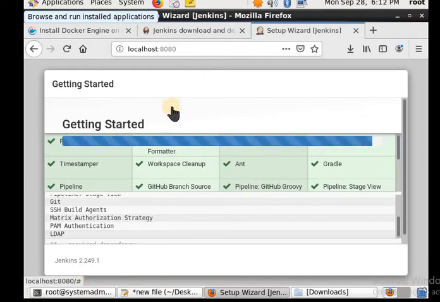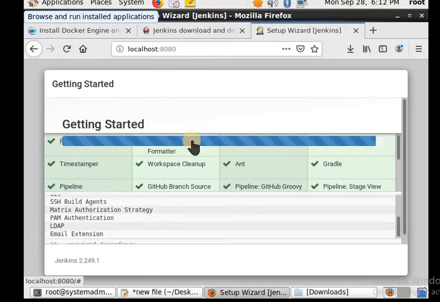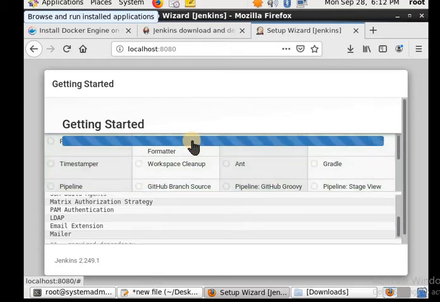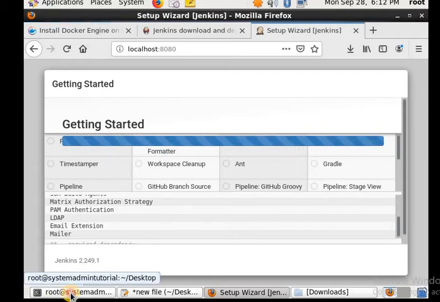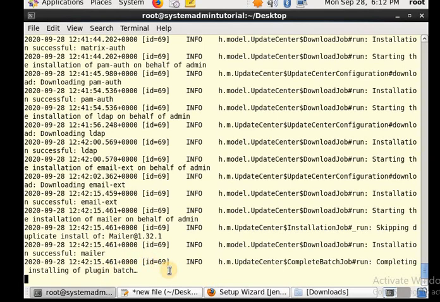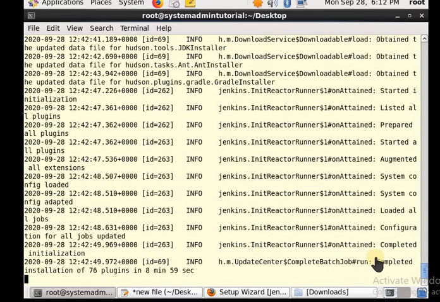Once the installation completes, we will go for the user creation, the home directory and all the system information of Jenkins. See, the message is also coming: completed installation of 76 plugins in 8 minutes and 59 seconds.